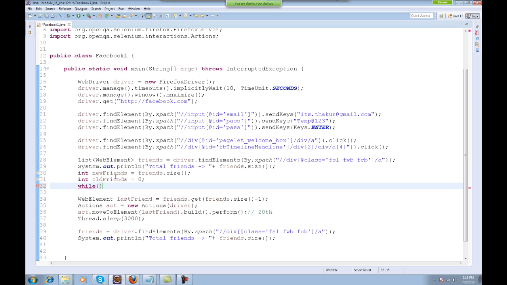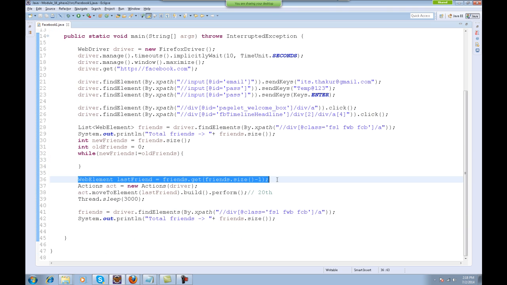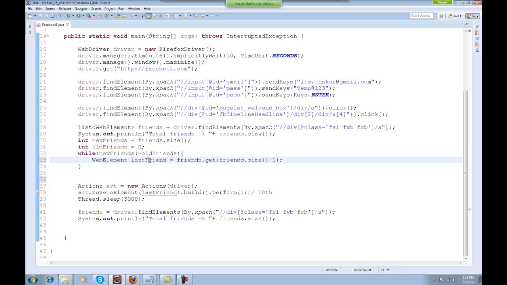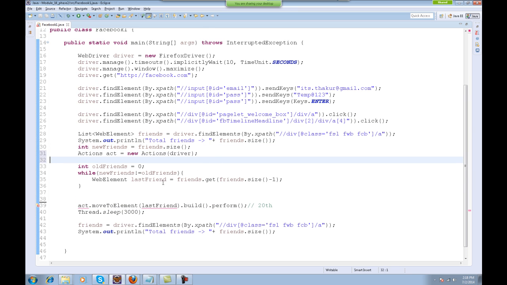While new friends are not equal to old friends, you extract the web element representing the last friend. The Actions class can be initiated over here only.